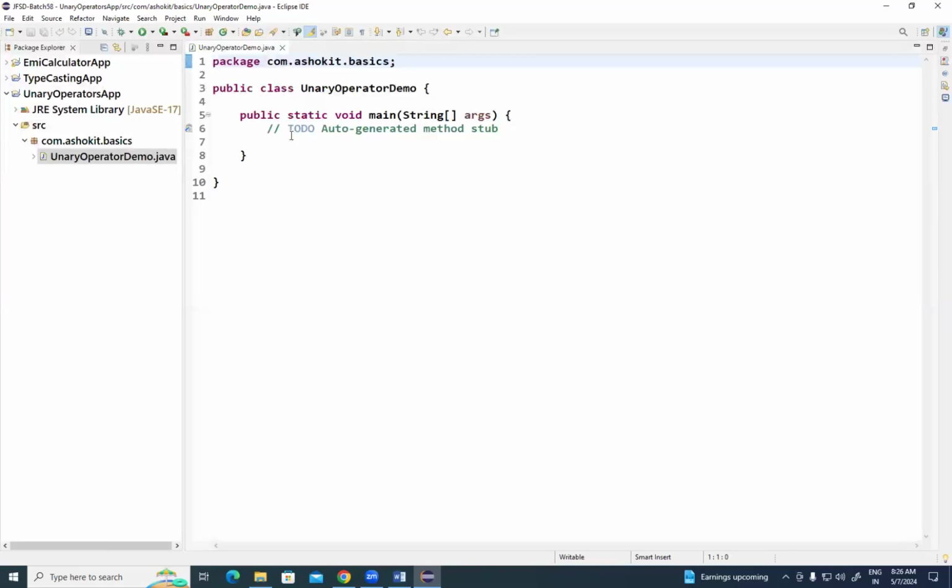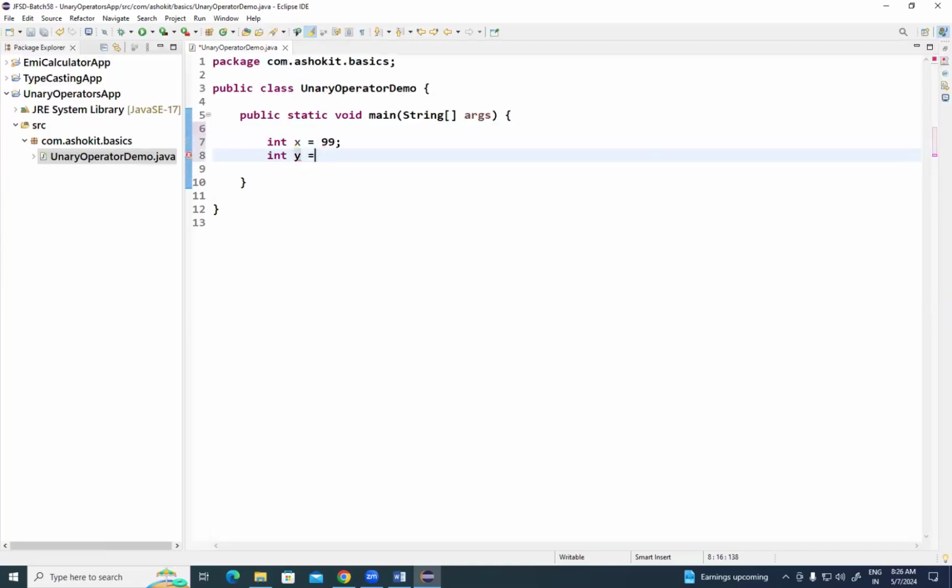You got some code here. Go inside, delete this comment line. Look at this, folks. int x = 99; int y = 100; int z = x++ + y--;